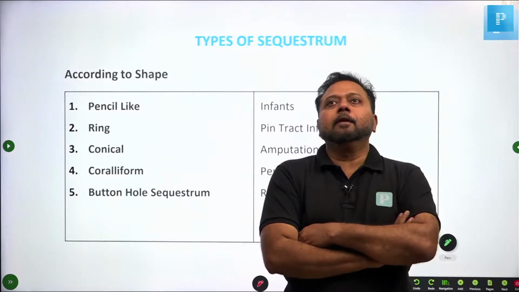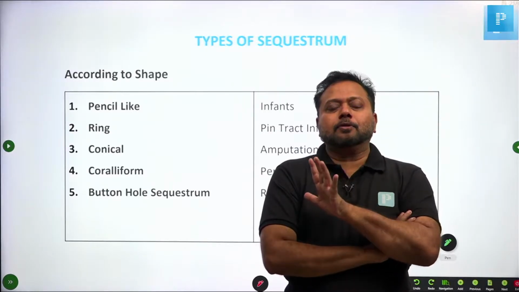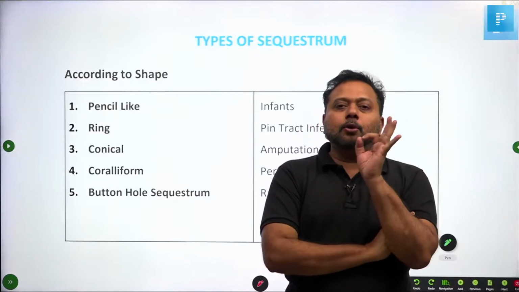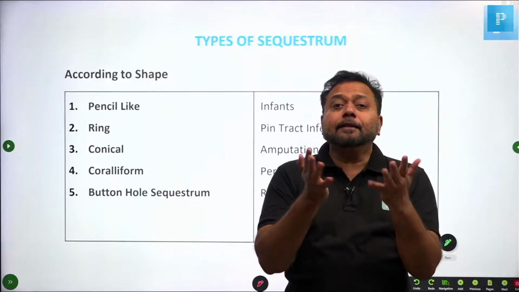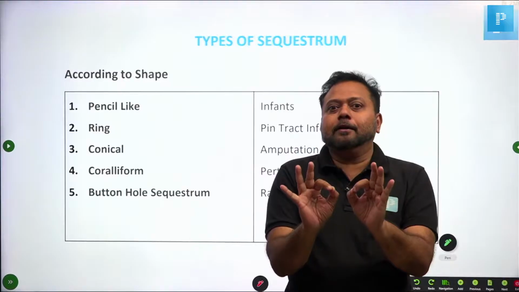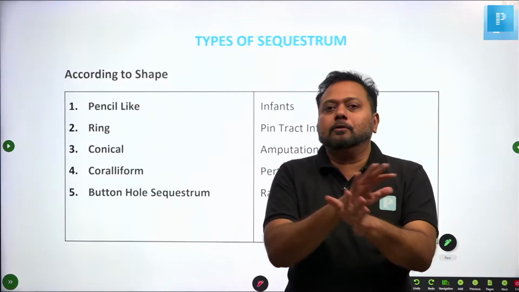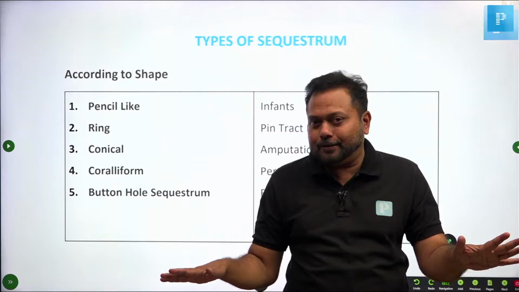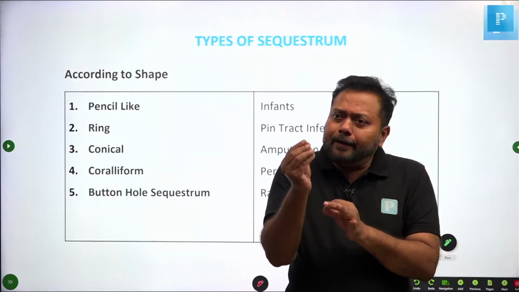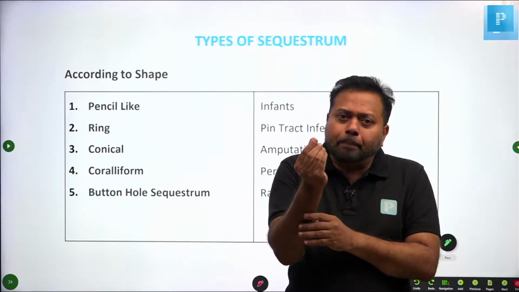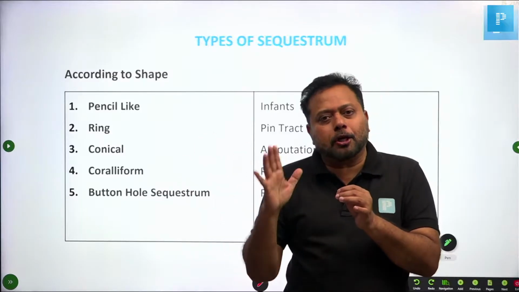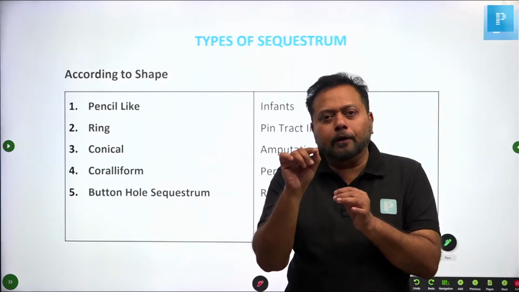That's a sequestrum. Whenever the word sequestrum comes, the only diagnosis in the whole world is chronic osteomyelitis. In acute osteomyelitis and subacute osteomyelitis, there is no such word called sequestrum. Whenever a sequestrum comes in the question, it is only chronic osteomyelitis, no other differential, no acute, no subacute business. The sequestrum is usually compared with a chalk piece powder or a fish bone. Chalk piece powder or fish bone coming out in the discharge through an opening in the living bone, the involucrum, that's called cloaca.